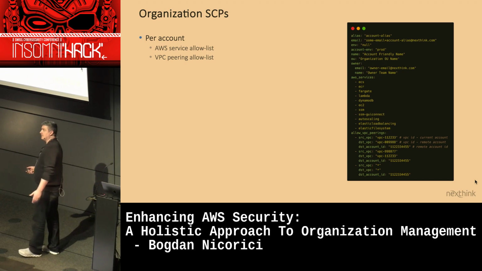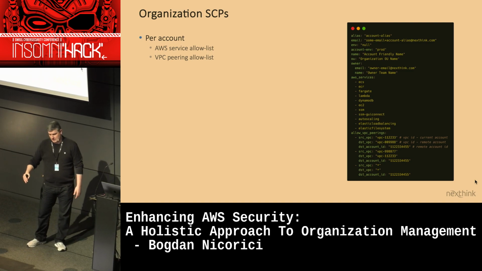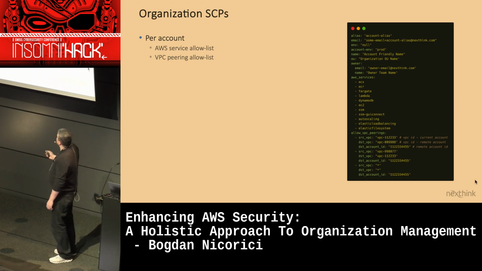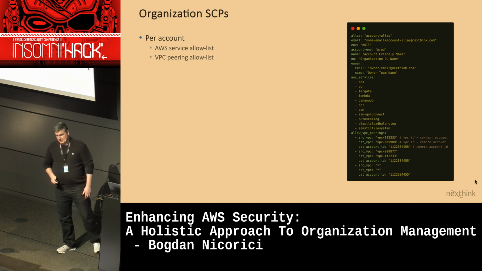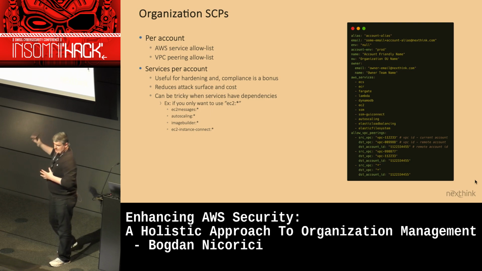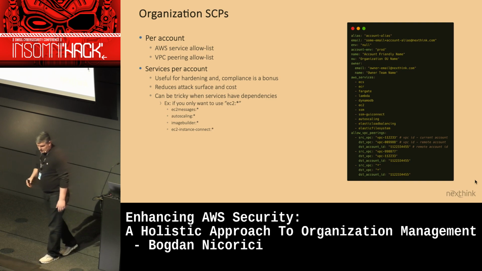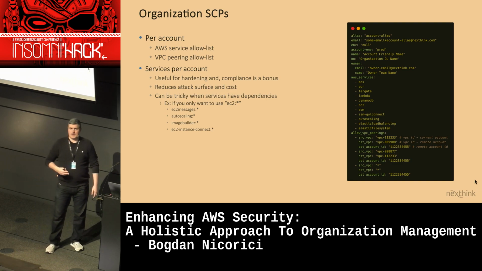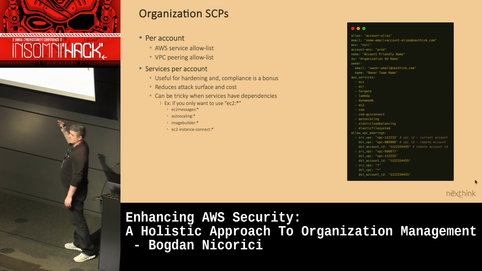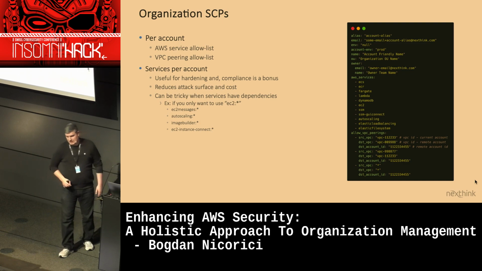We actually do both. We apply at the organization level, at some OU level, but we also have per account. And as you can see, we define everything as YAML. What this file says is that you define an alias for your account. You actually need an email always. We define some variables. Those variables will actually be tags on the account. We restrict services, which means if a service is not listed there, it won't work. Even if you're an admin of the account, that service cannot work unless it's listed here.